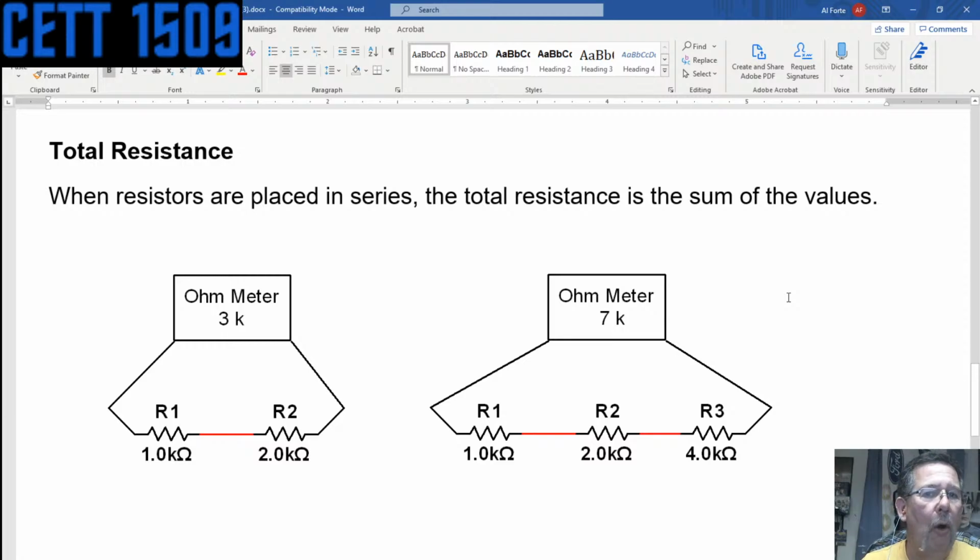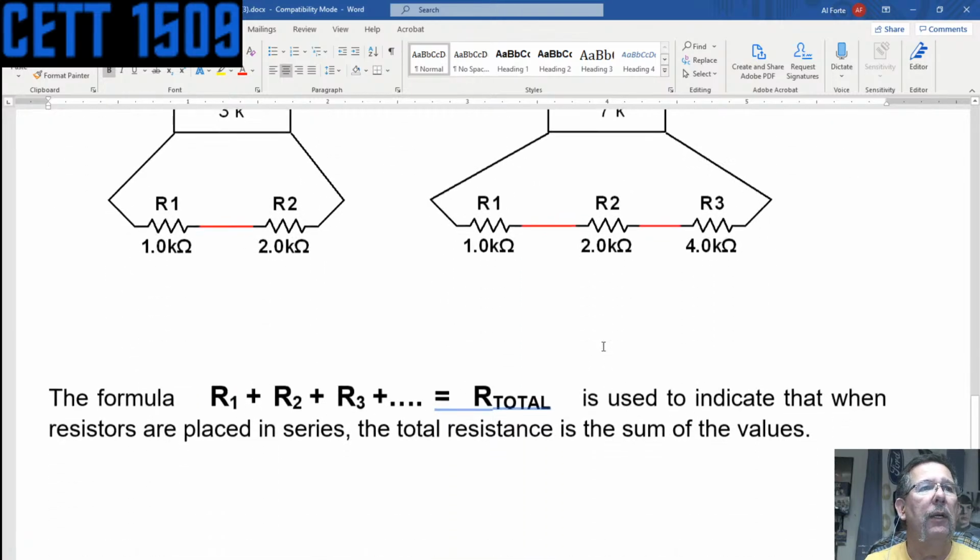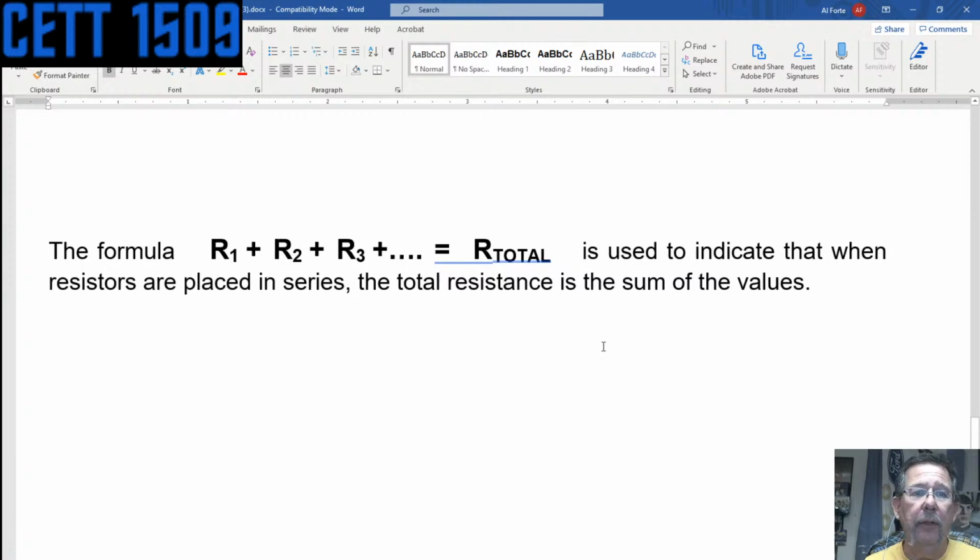Now, there's something called total resistance, or what's called R sub T. You'll hear me referring to it as R sub T, or RT, or total resistance. And that's the resistance that when we connect the ohm meter to the ends of those resistors, that's the resistance we get, which is what I was showing you for those two resistances there. And it has a formula, like everything in this world. And by the way, you might not have to write this one down because it's real easy. Total resistance, R total, and it sometimes will be one way, sometimes the other, but it still means the same thing. Total resistance has a formula of R1 plus R2 plus R3 plus...